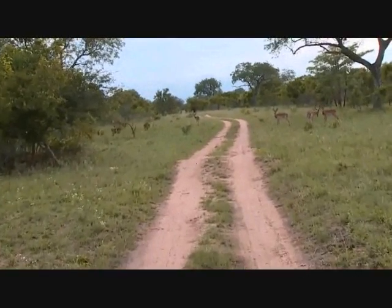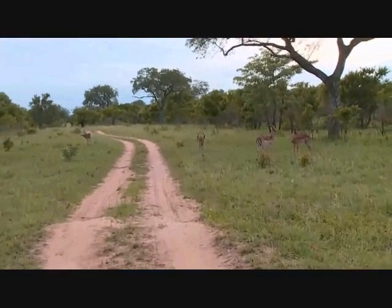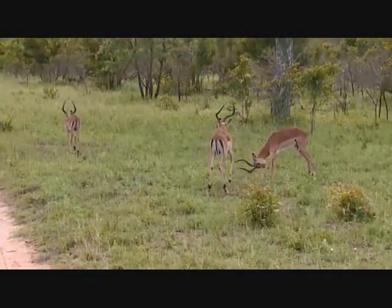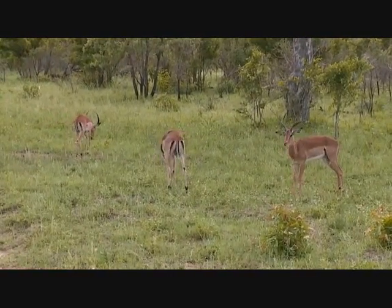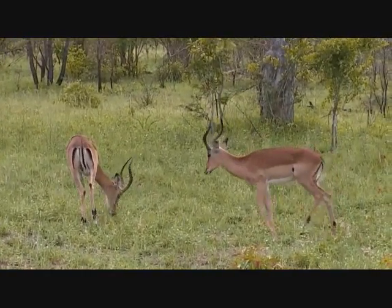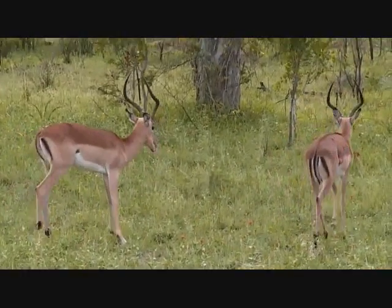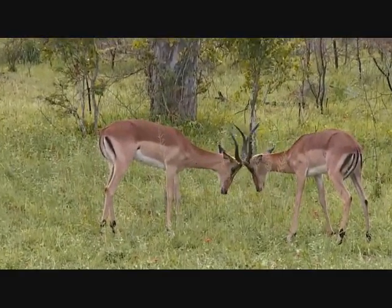This is a little bachelor group. Once again, two boys that are squaring off a little bit, younger than the ones that were doing so this morning, but they're not fighting, they're just sort of squaring off and sizing each other up for maybe future clashes. Clearly the one on the left is a little bit more dominant, he looks like he's a little bit bigger, so this could possibly just be a sparring lesson